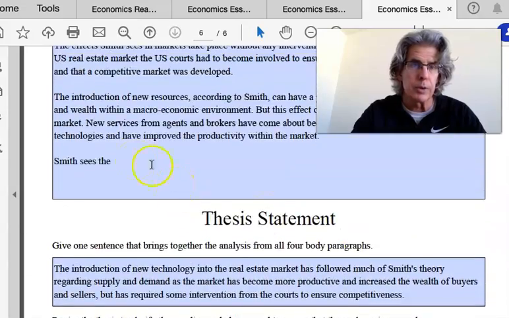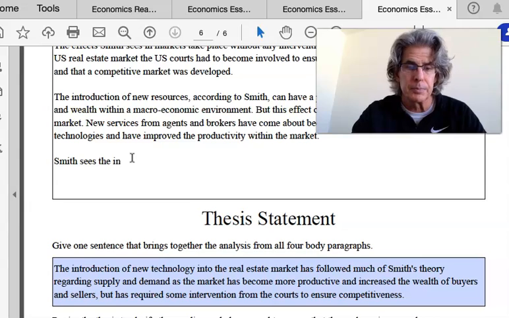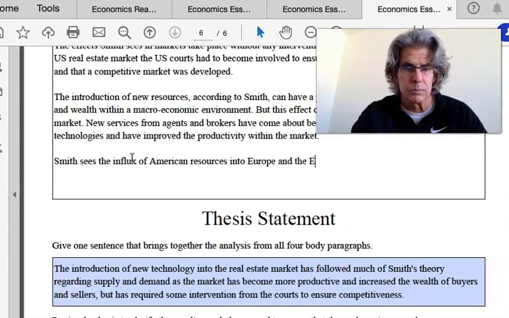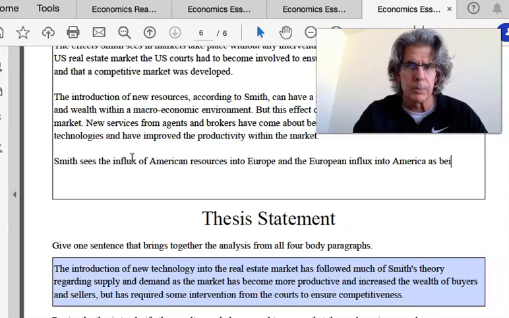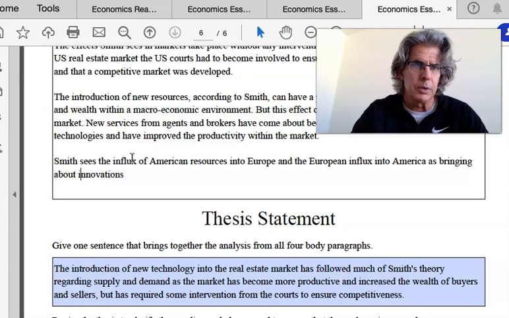It's on the newness of the market, bringing about, I'm going to say unforeseen